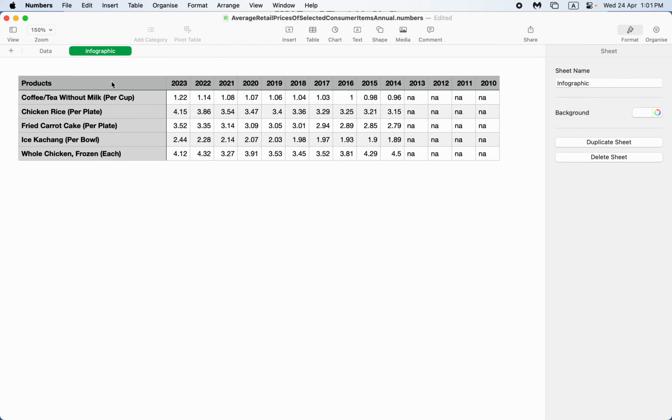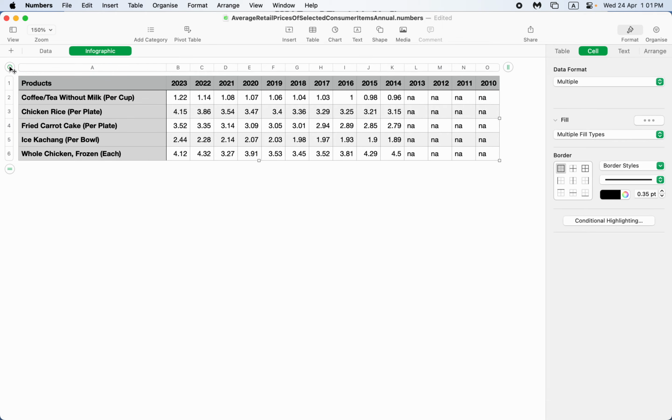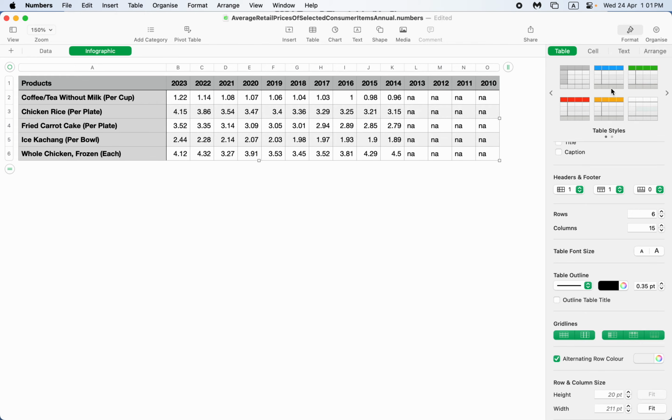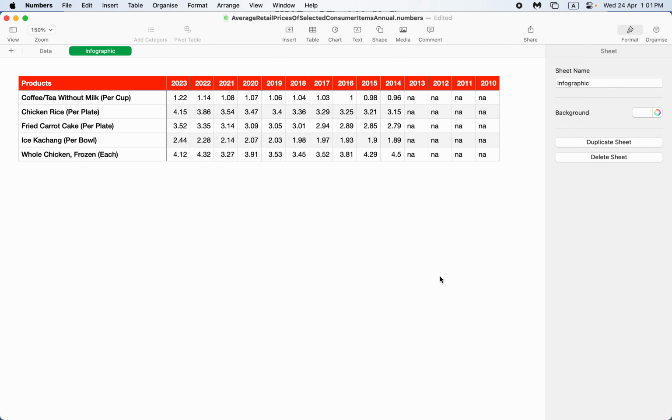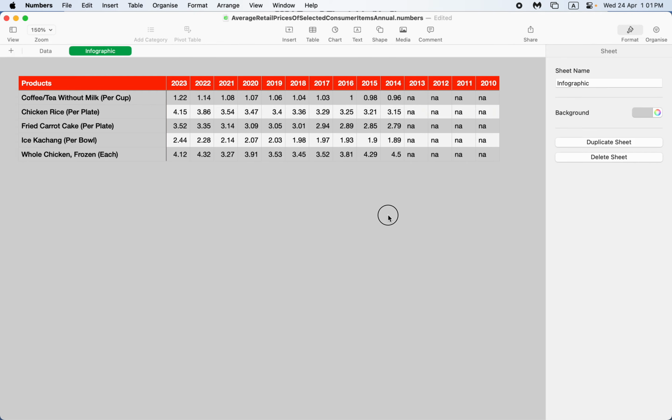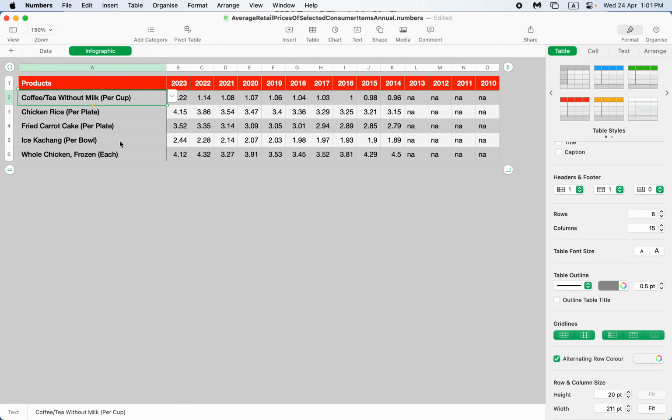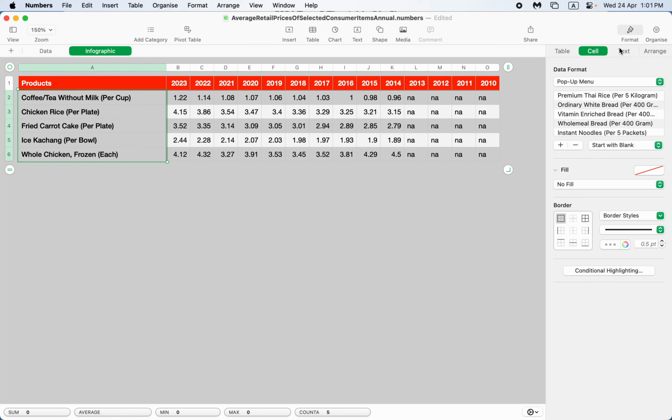Okay, go back to this infographic. This part is done. Maybe you think it's a bit dull. You can change the table now, maybe to red color. Then maybe you don't want the white canvas, you want the canvas to be something nicer, maybe gray. Then maybe this part is not that nice. You can change the color. You just go to here, go to cell,